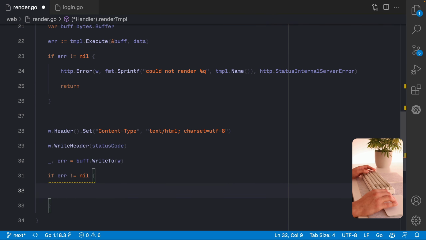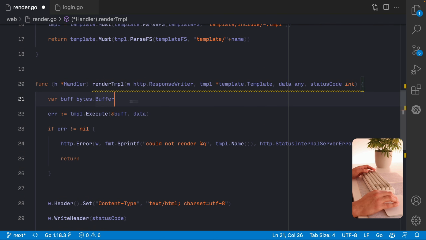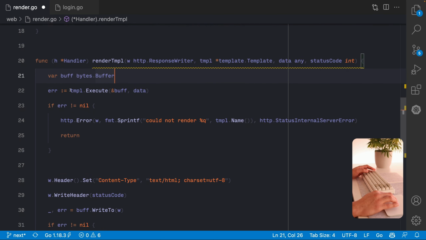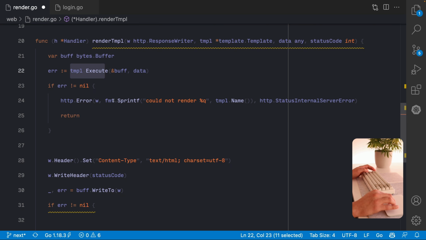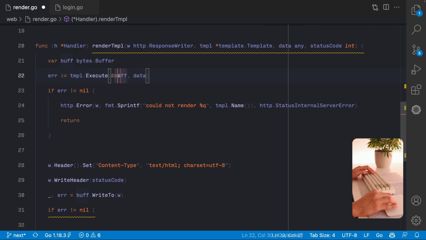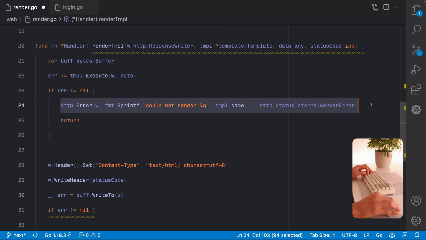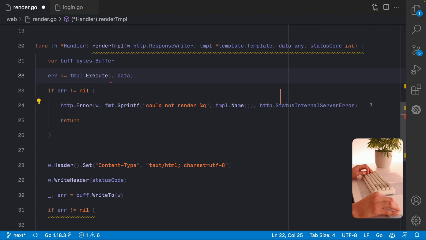The reason I use a buffer here is because this part, when we execute the template, can fail. So if we try to write directly to the response writer, we cannot send a response back in case of error. So that's why we pass a buffer first.